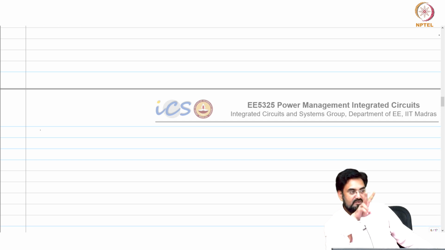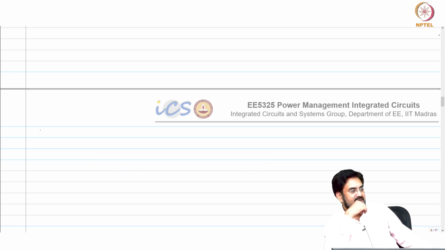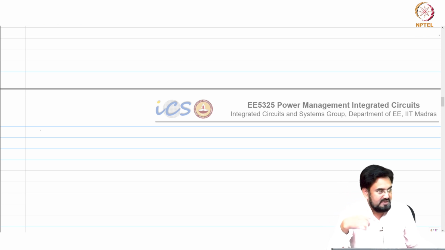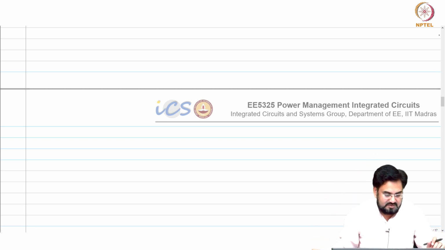So, the thing here is like we have only 2 poles here. If we had one more pole, let us say 2 real poles and 1 integrator, so 3 poles, and let us say we have one more real pole which is outside UGB. Okay. Then that pole will also contribute in the phase drop, because that is outside your UGB, but it will have some contribution, 10 degrees, 15 degrees, whatever, depending upon how far it is from your UGB. And later when we talk about type 3, we have to have this intentionally, we put that pole actually, because we want that gain to drop, otherwise there might be some noise issues. That is the one thing.